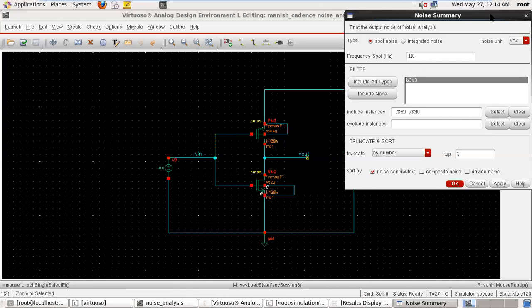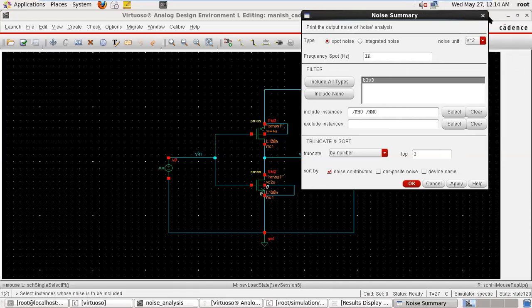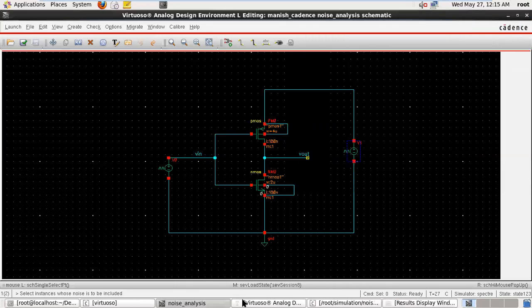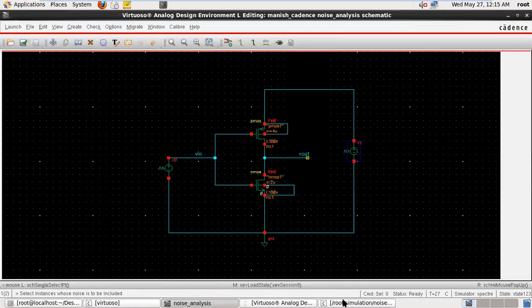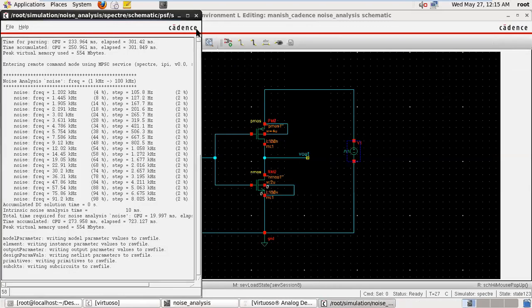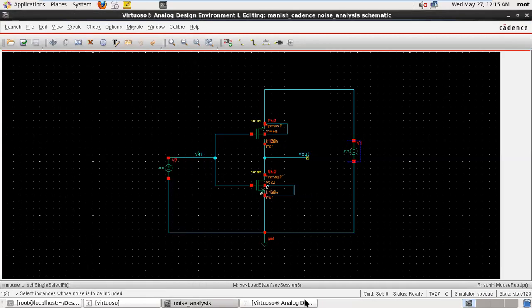One thing remains: how we can plot the transfer function, sorry, the noise figure and the noise factor. In that case, you will take a port as the input variable. So in this case we are taking a port as the input, closing this window.